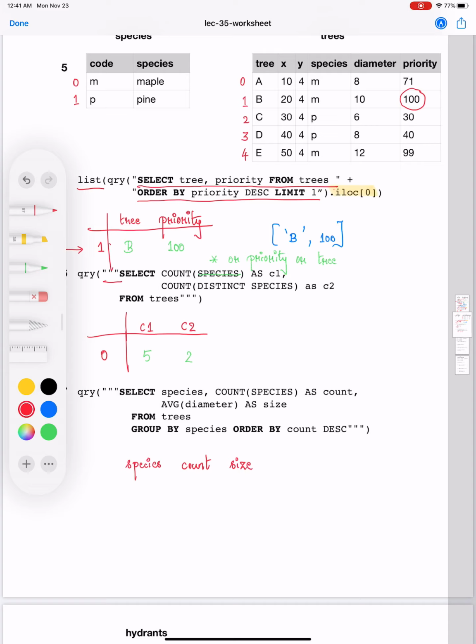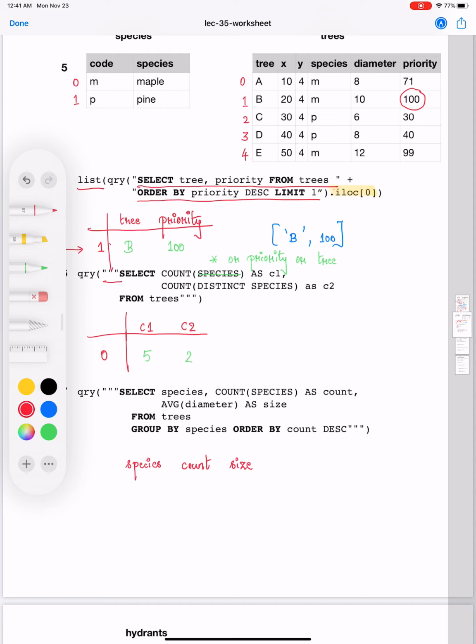We have a group by, so clearly we are not going to have just one row. What are we grouping by? We are grouping by species, which means that we are going to have 2 rows. We also have an order by clause, so which species goes first depends on this particular order by clause. Order by takes count into account. So what are we counting?